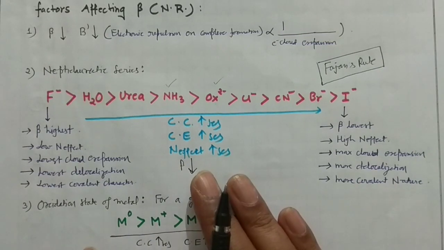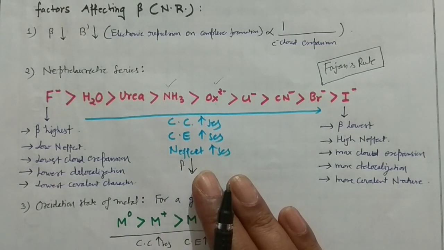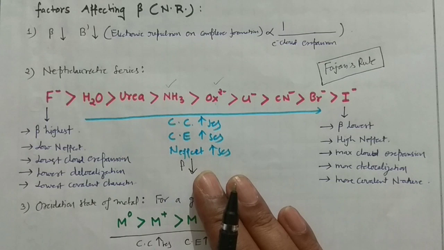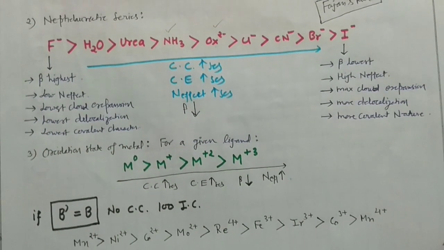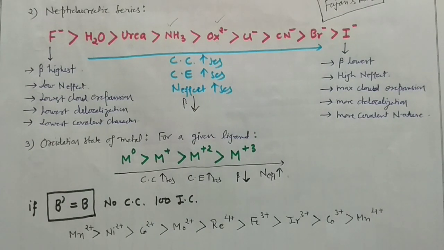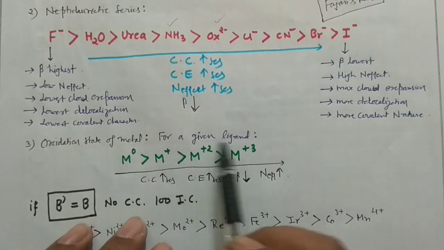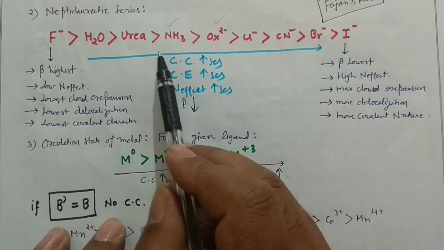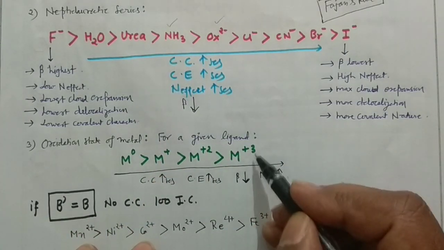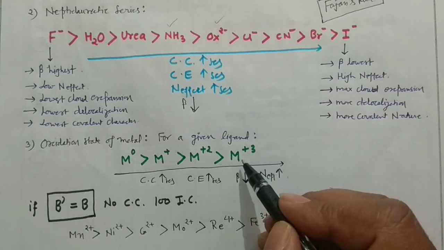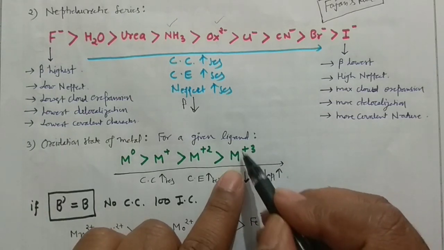Okay, this is very important to understand, and this can be easily understood by using Fajan's rule. Then again, you can see the second factor which can affect the nephelauxetic ratio: say the ligand is fixed. You can pick any one of the ligands actually. See, when the metal is in a higher oxidation state, what is the meaning of that? When the electrons are not there,